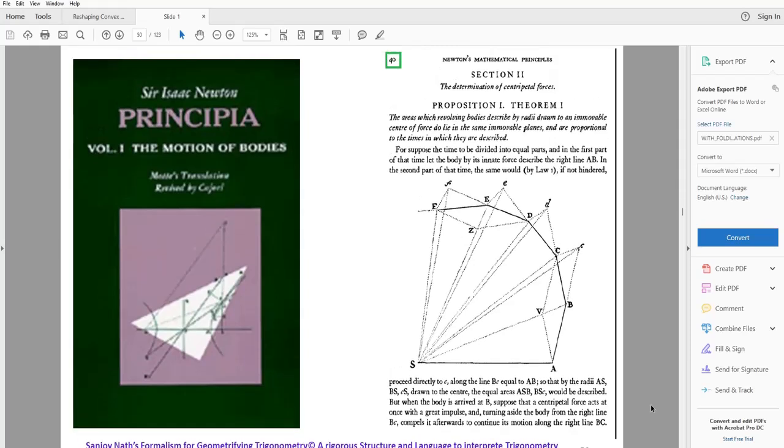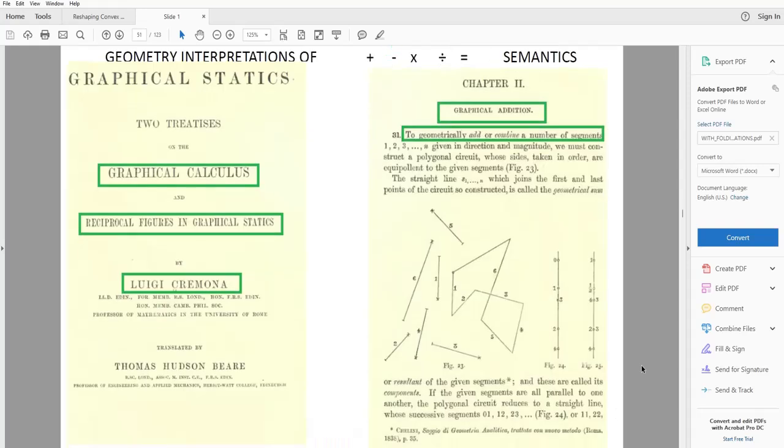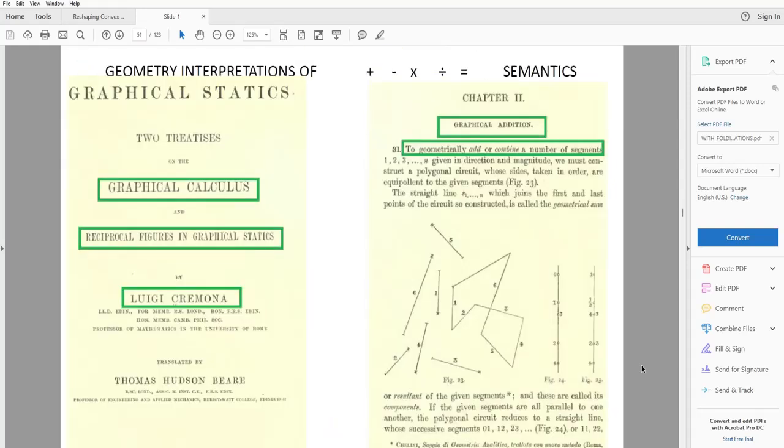And if we go through the Principia from Isaac Newton, then we will see there are lots of triangles interacting with each other. The bunch of line segments are actually the talkative objects, and bunch of line segments are talking about the things, and here the dark lines are the cumulative additions of the different triangulations of the line segments. Now we enter into the journey of graphical statics, the important book in 1848 to 1860 by Luigi Cremona